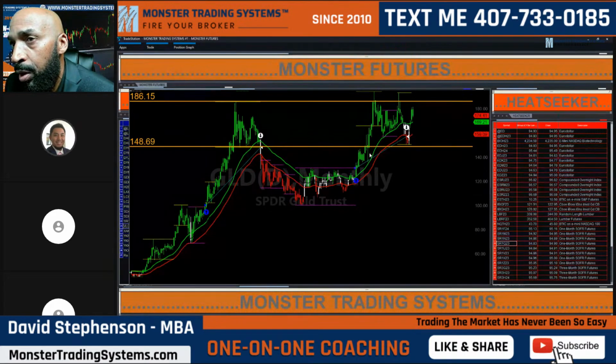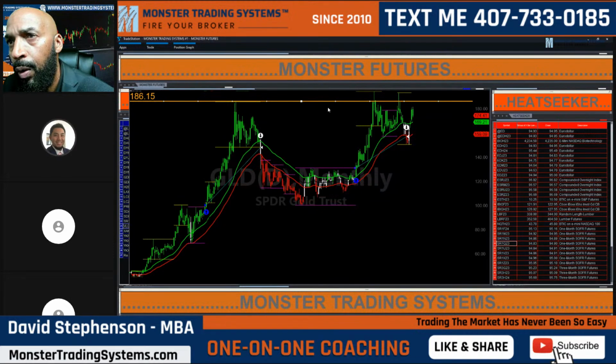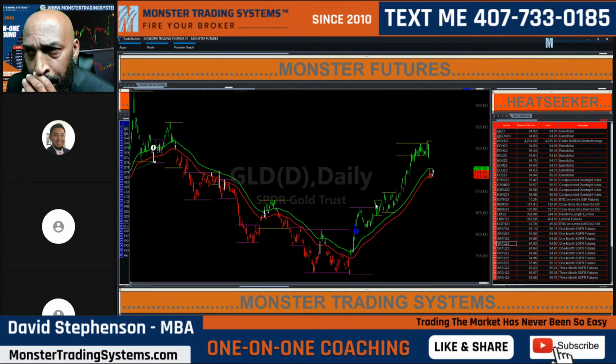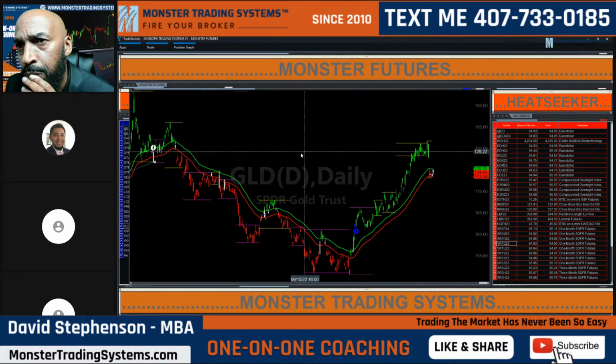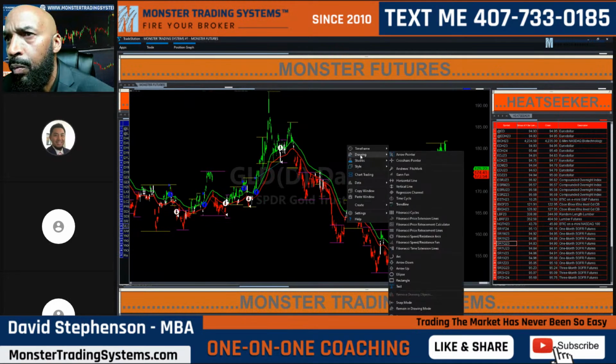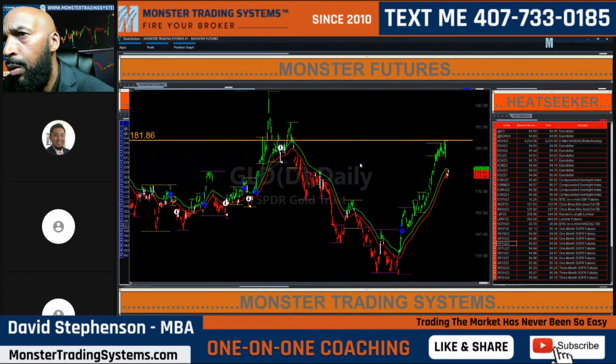But on the monthly, on the daily, it has not broken resistance yet. You haven't even gotten close to previous resistance. So that's why I think it has room to run. On the daily, previous resistance on the GLD was 186, and then higher than that, 193. So we didn't even come close to that. So we're just experiencing a pullback, which will give you a better price.